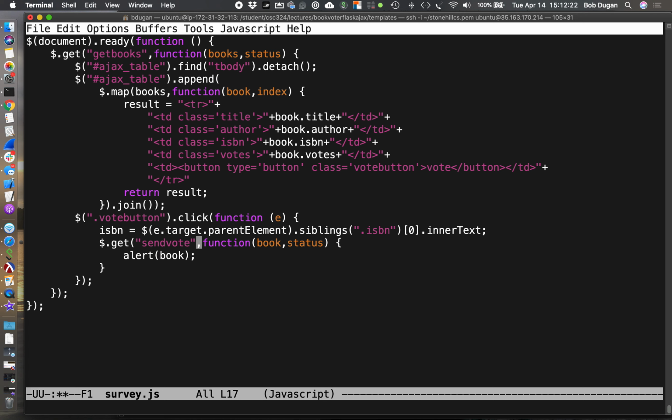Okay, so just to be clear, what we're doing here is an Ajax call to the backend. The route to the backend is going to be called send vote. And send vote is going to update the vote count for the book with the ISBN that we know about. Now, the ISBN number is this thing called ISBN. So what we're going to do, we're going to get kind of sneaky here, is we can create a query string by just doing question mark ISBN